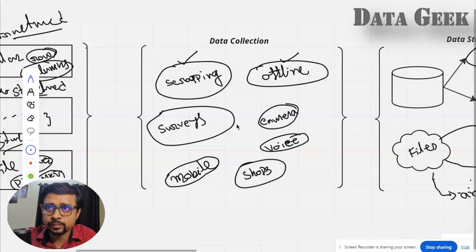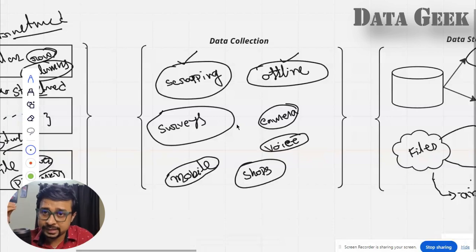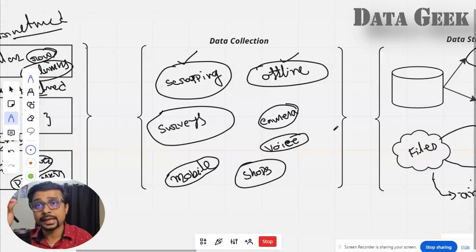Not only data in a form format, there are many other kinds of data. In traffic you have cameras, and they are also capturing your video. That is also data. Some websites or mobile applications by default capture your voice. That is also data. Some shops will ask you for your mobile number. Suppose you are going to a restaurant, they ask you, give me your mobile number, we will register it. If you are going to a shopping mall, they ask for your mobile number and details. They are also collecting your data. So there are various techniques available to collect the data.